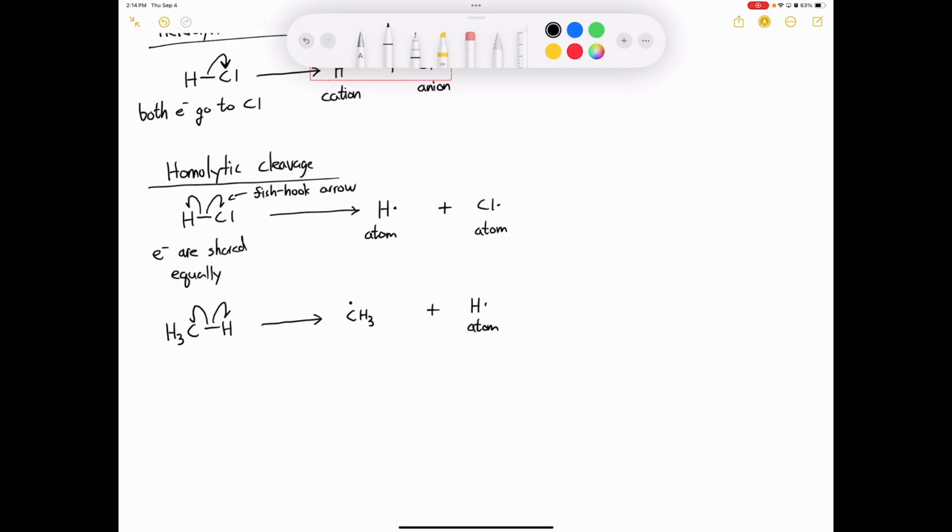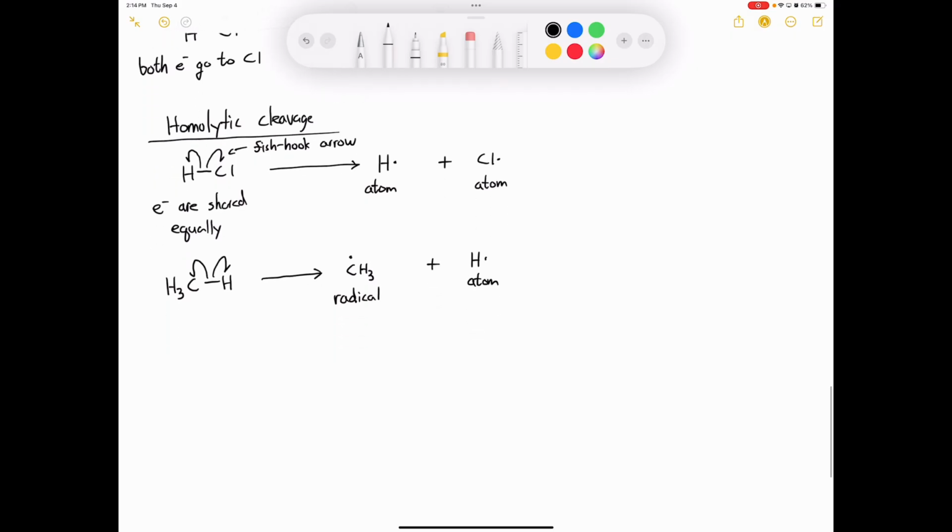So if it's not a single atom, we can't call this the CH3 atom. We call this a radical. And there's a radical in both senses of the word: unfilled octet, and it doesn't obey the rule. It doesn't have an octet. It goes like a maverick or renegade. It behaves often